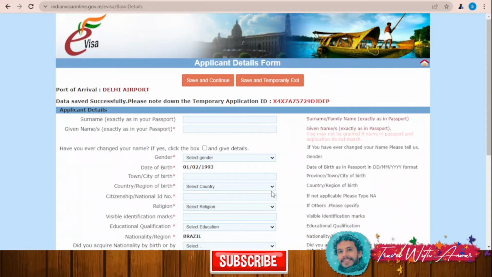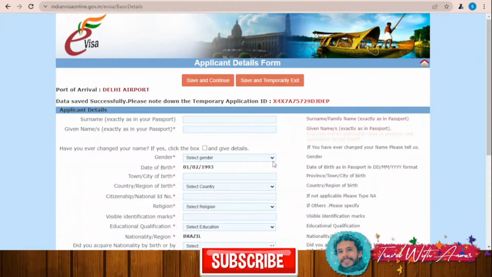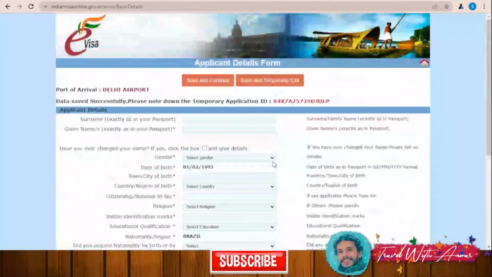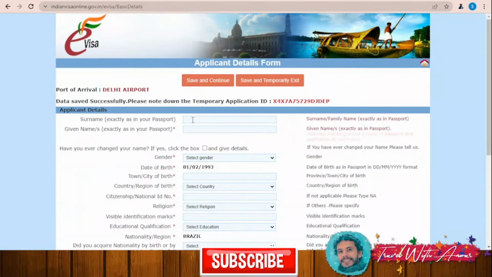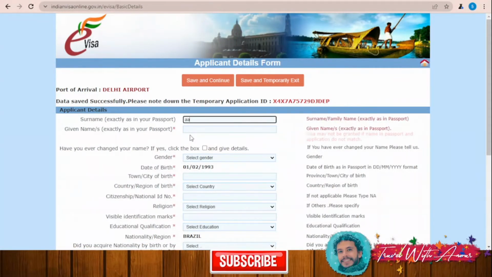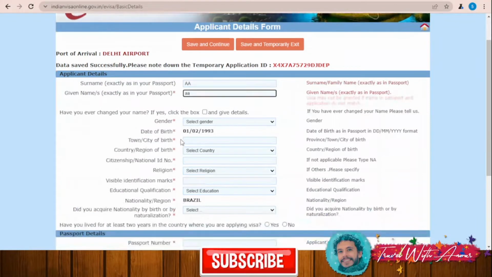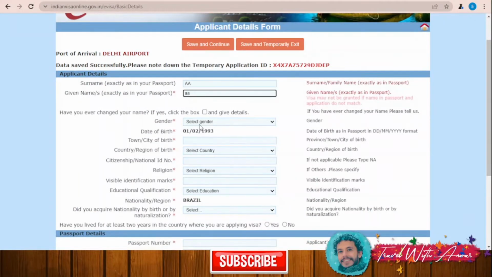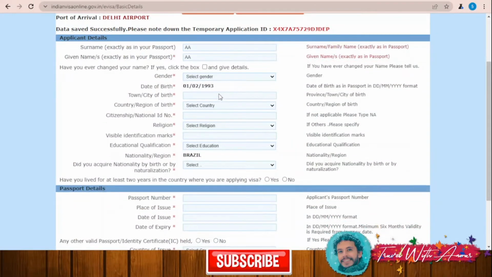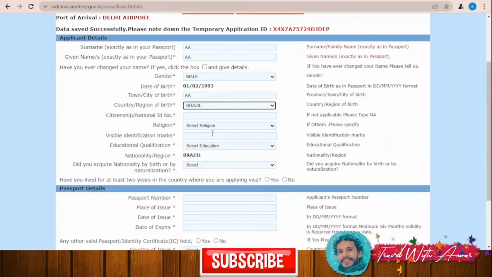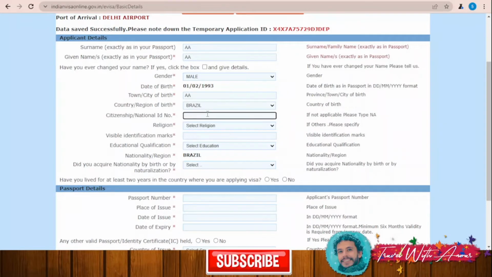So now I am in this part where I will have to fill in the form, and this is my application ID. So that's my name. That's my given name. Have you ever changed your name? If yes, click the box. Gender, male, date of birth, town of birth. Select Brazil. Citizenship, ID number,